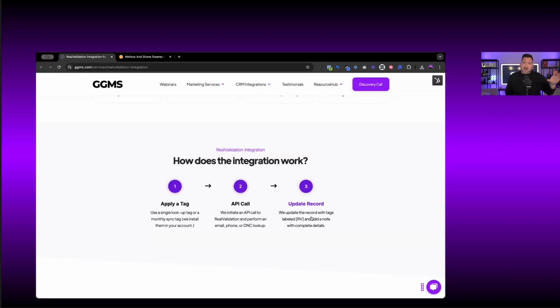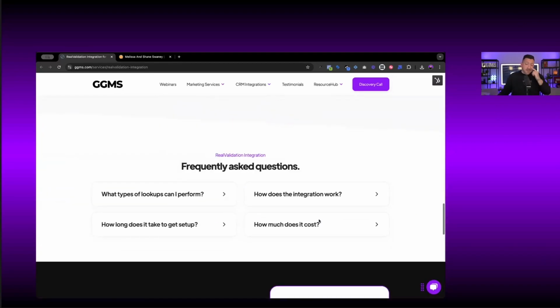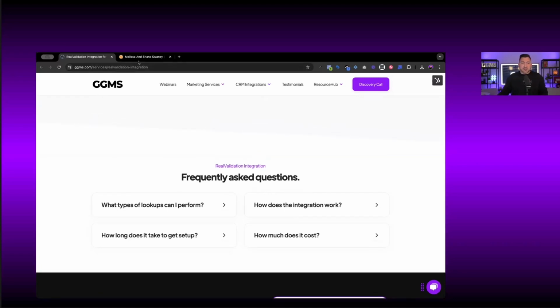And then if we get valid information, like we know it's a valid phone number or a valid email, we're automatically updating those things to valid or invalid for you. I've also got some frequently asked questions down here, that sort of thing. I guess the biggest thing that we have here before we jump into pricing is just looking at this